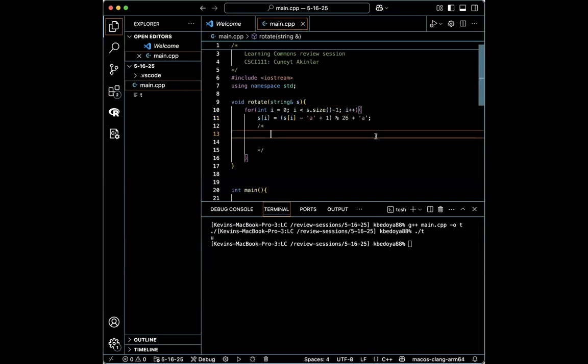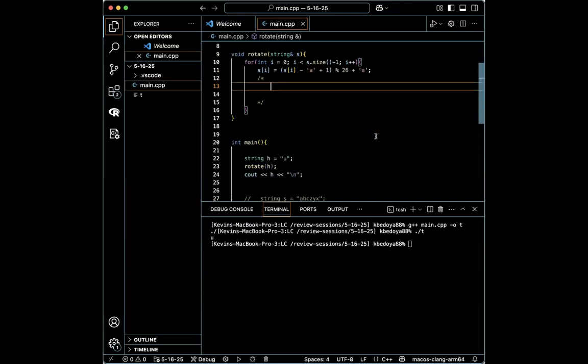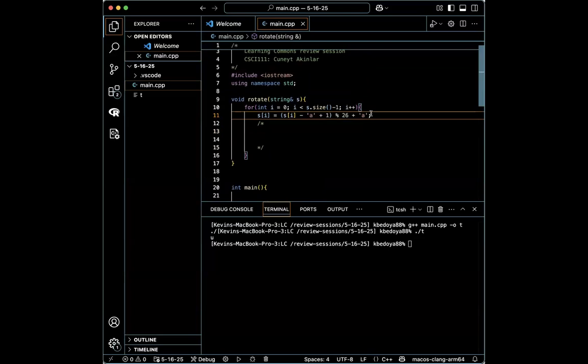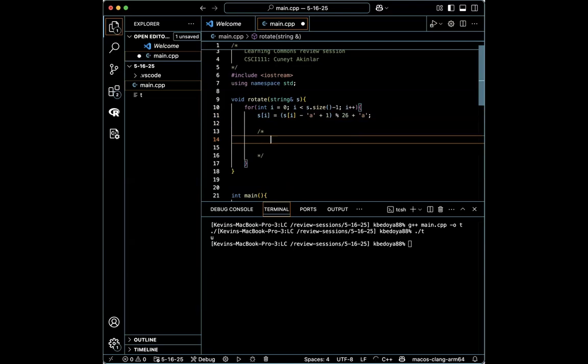Well, since it's based on characters, if you add one to it, doesn't it automatically change the ASCII value for that? So you're suggesting just adding 1 to the character. Yeah, because we know it's lowercase characters, so it'll automatically add to the ASCII. I don't think you need to include the A there. So the problem with this is, for example, this is a character, right? Because we're looking at the string's index, right? So S sub I. If we add 1 to